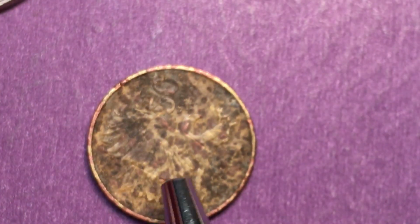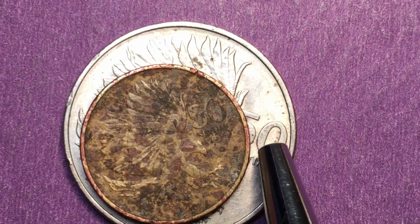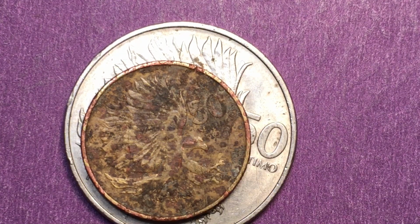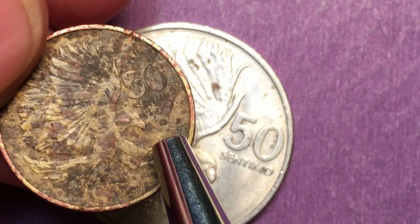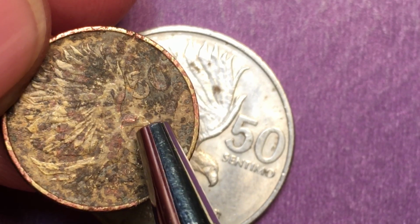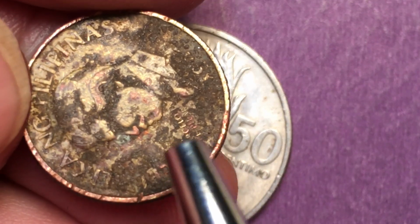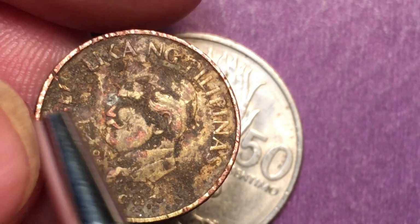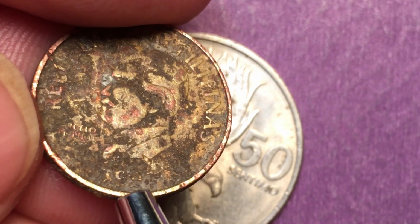But what they did was they took this coin here and made a much smaller version of it. And instead of making it out of copper nickel, they made it out of brass. And they made it out of brass from 1991 till 1994. In this coin, you can actually see the eagle's beak down here and the feathers, and you can almost see Marcelo H. del Pilar, there he is, Republic ng Pilipinas down here. And it looks like it says